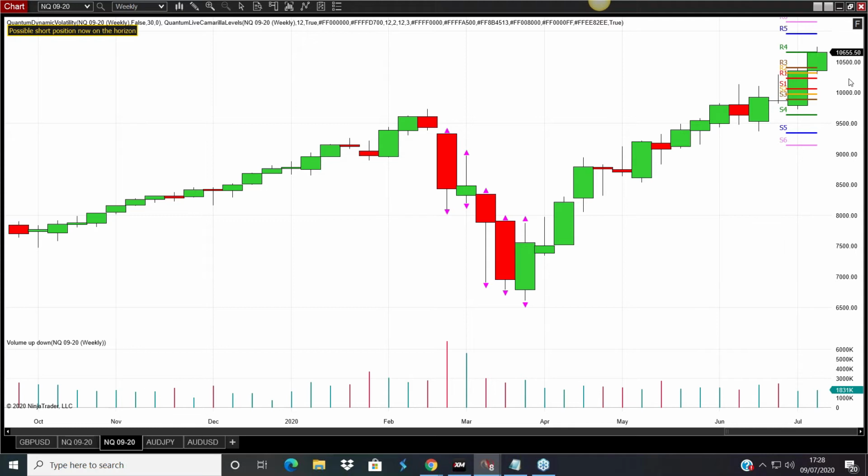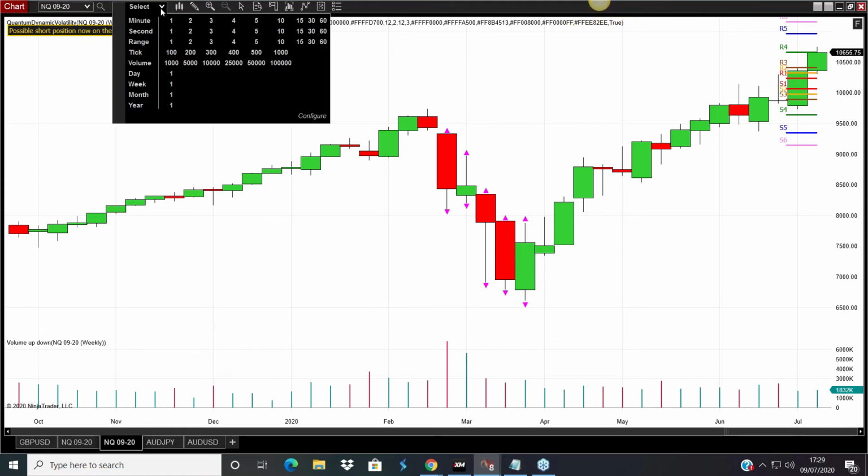But what's interesting, if we look at the volume underneath the weekly candles, they are anomalous. You can't get away from the fact. Look at the spread of this candle. It's a very, very wide spread. Look at the volume underneath it. That is not congruent with what you see under there. The volume under this one is a little bit higher, but the spread of the candle is narrower than this one. These are the types of signals, signs that we're looking for when we look at charts through the prism